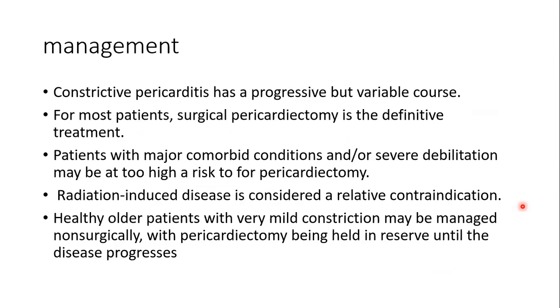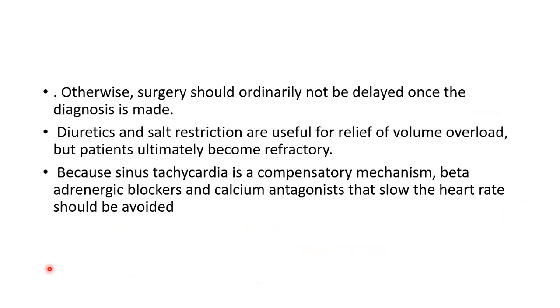For management, constrictive pericarditis has a progressive but variable course, and for most patients, surgical pericardectomy is definitive treatment. Patients with major comorbid conditions and those severely debilitated may be at too high a risk for pericardectomy. Radiation-induced disease is considered to be a relative indication to go ahead with the procedure. A healthy older patient with very mild constriction may be managed non-surgically, with pericardectomy held in reserve until the disease progresses. Okay, so I think surgery is just the major